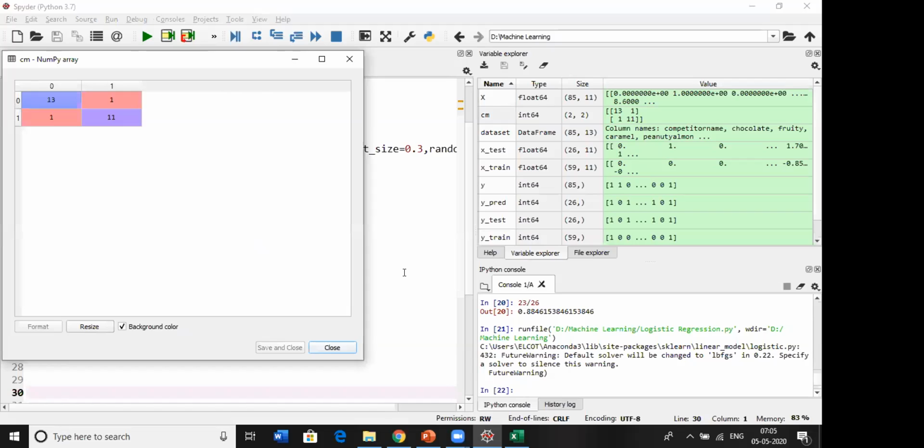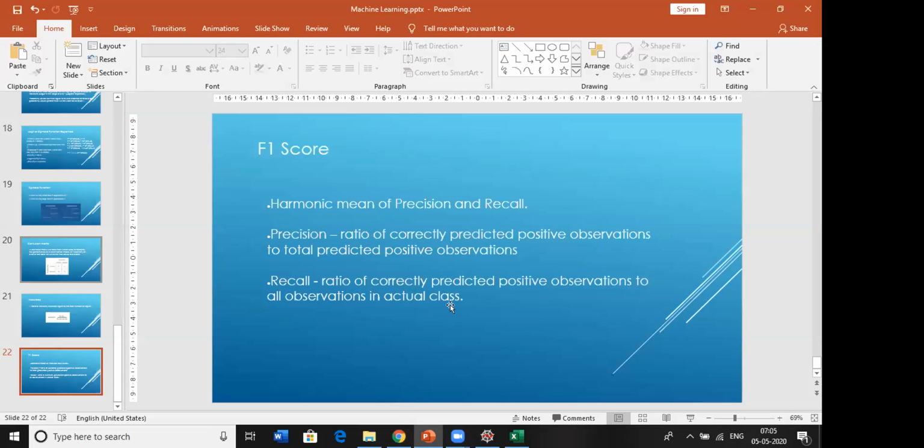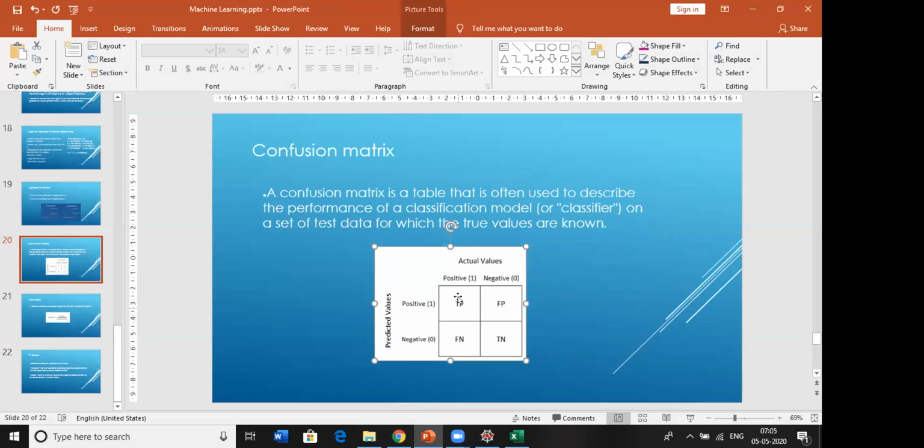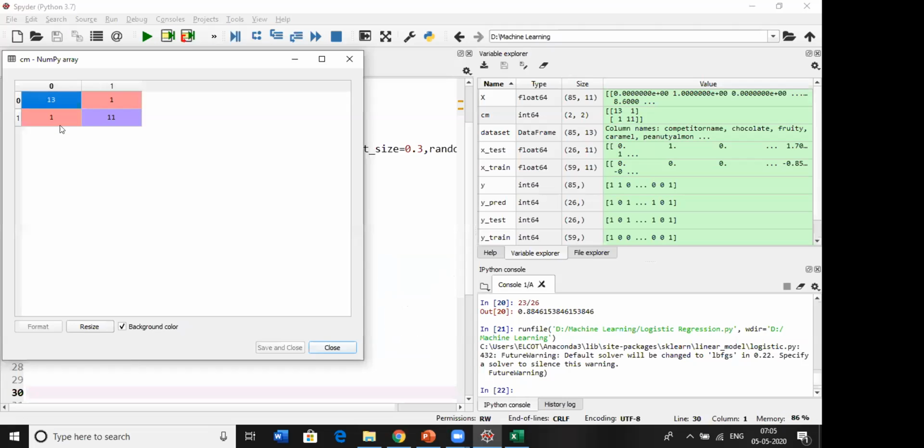The correctly predicted positive observations is 13 here, and the total number of predicted positives is true positive and false positive, so these two. For calculating the precision, that is 13 divided by the total number of positive predictions, 13 plus 1, 14.